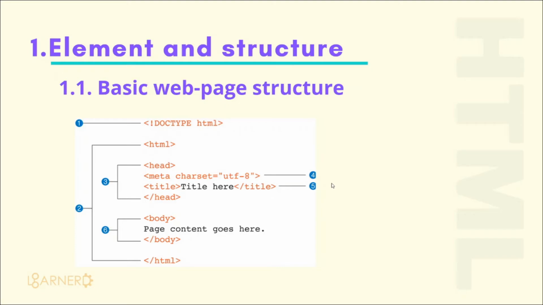So in our first module, that is element structures, I will firstly cover some of our basic web page structure. Every web page on the internet has a similar type of web structure. That is the doc type, the HTML tag, which is the place where all the HTML resides, the head tag, which gives an overview of the features, and the body tag, where the page content goes. So let's check this out on our browser, and I will explain some more in detail.